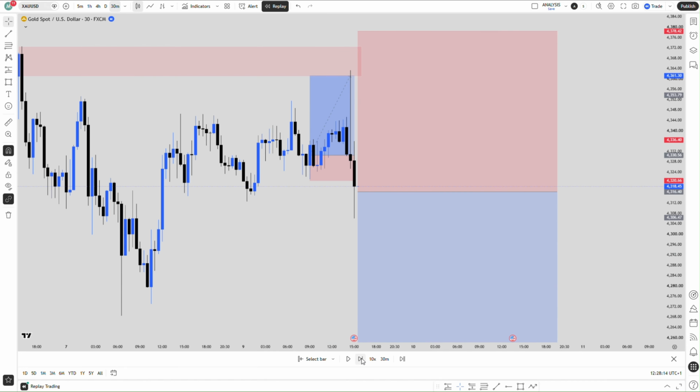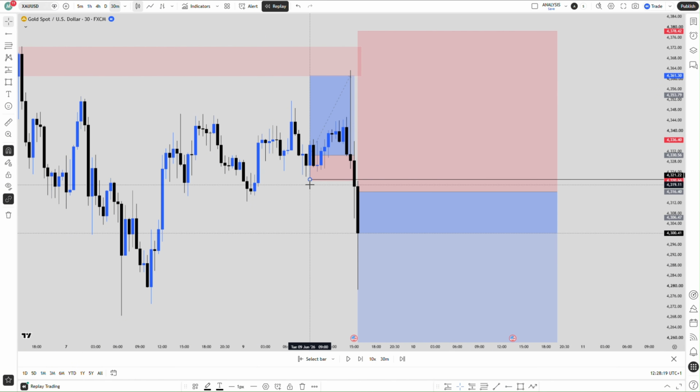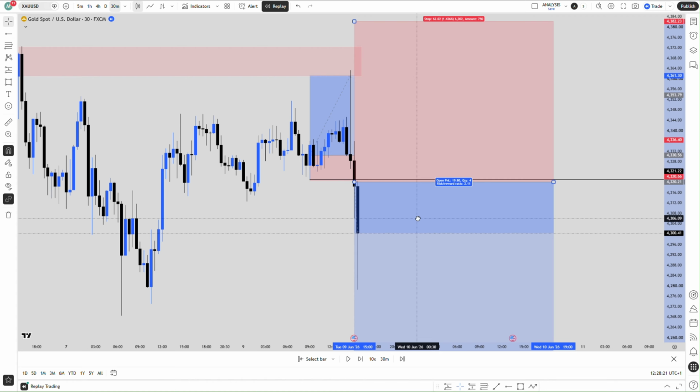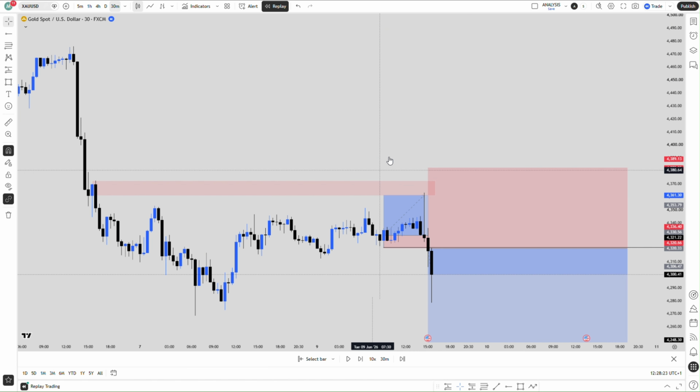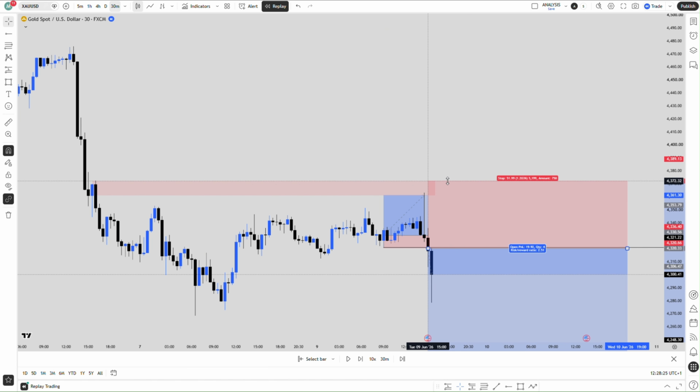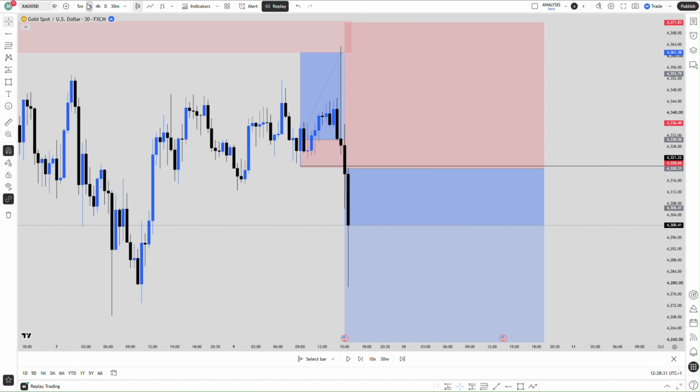After the clearing of the neckline of this zone here, I was looking out for sells. I took my entries somewhere here when it increased. Then I had my stop loss above this zone, knowing fully well that this is the fake-out. This wick is the fake-out of this whole liquidity. So I was looking for